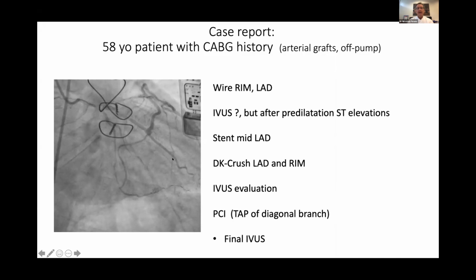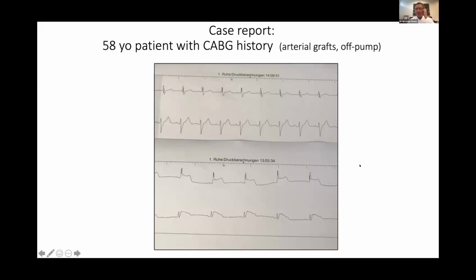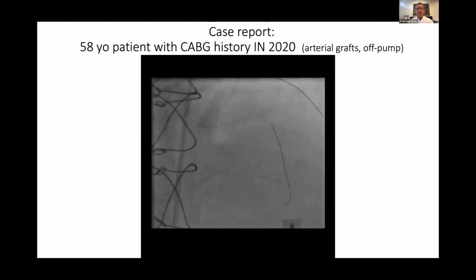intermediate branch, to wire LAD, to perform IVUS if possible, to stent LAD, and to mid-part LAD, and to perform DK crush for intermediate branch and LAD. And again, IVUS evaluation and maybe PCI for diagonal branch. So you can see, after pre-dilatation, we had this ECG, and the patient was not really fit. So we had to give some noradrenaline, atropine, etc. And so I was really under pressure to work very fast